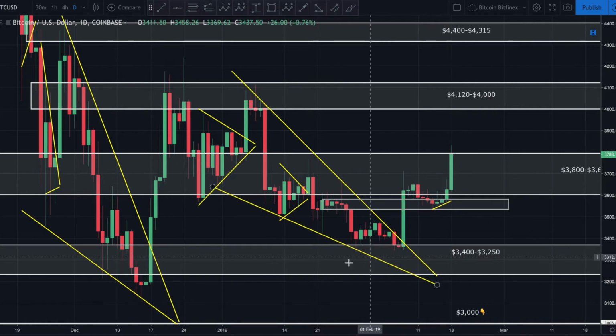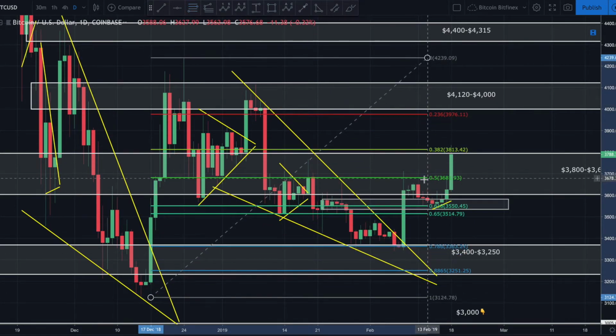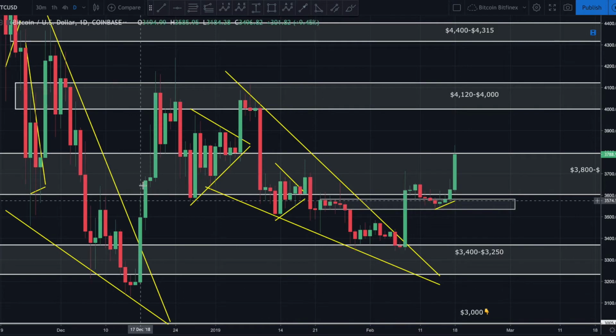We had it drawn out here for a very long time, right there at that 3,400. But that 3,400 also correlated nicely. If we go swing low, swing high of this overall structure, we can see almost a perfect hit right there off the 786. So again, guys, we're seeing some structure in this market. We're seeing where price took off, came back down, double bottomed right off the 786 fib,